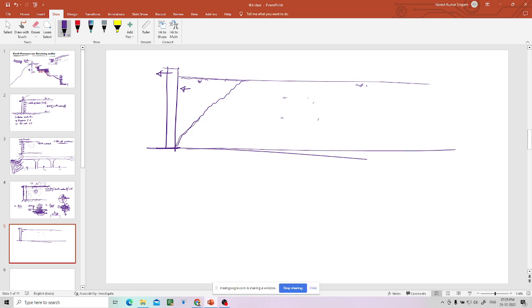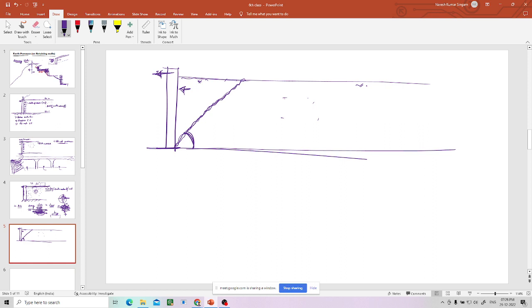Above one plane, the soil tries to move in this direction, whereas this soil will be intact. That will not move in any direction. Because of the continuous movement of this wall, this soil will move continuously. Then there is a plane along which the failure happens. Because of that, the structure above this soil will collapse. Now